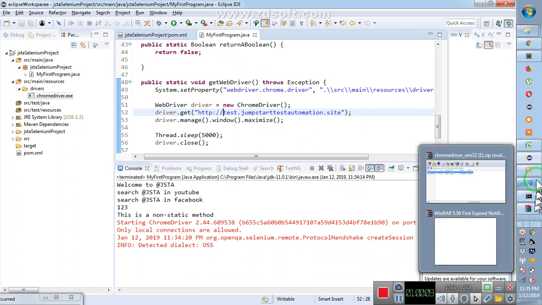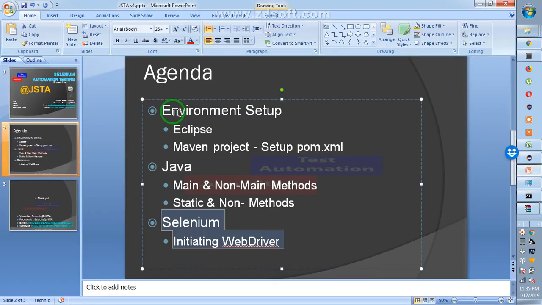So in this video, we have seen how to set up the environment, how to download and install Eclipse and JDK, and then how to create a Maven project and set up pom.xml with dependencies. And then we have seen Java main and non-main methods, and methods returning void, string, integer or boolean. And then we have seen static and non-static methods,